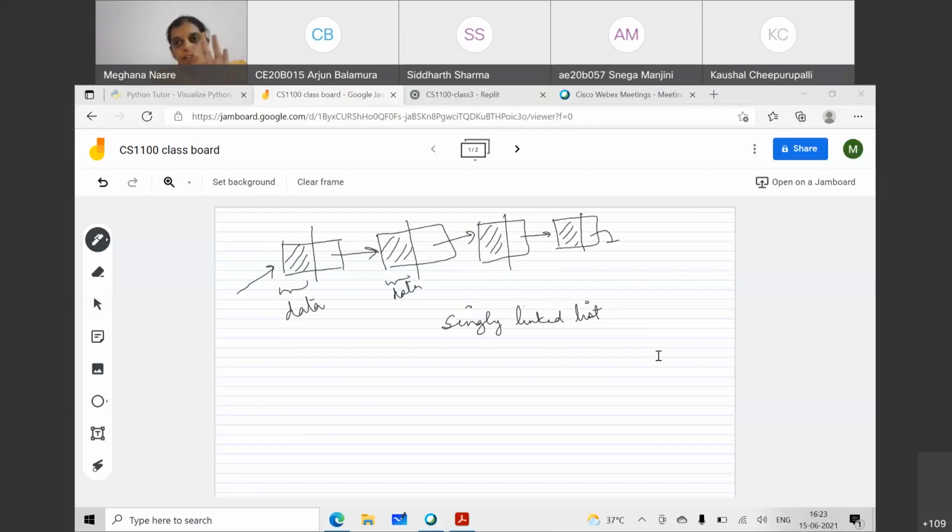You want to store data for 100 students, maybe there will be addition of some 50 more data items. There may be deletion of 10 data items and so on. And data in the sense some student records. So some of you have said addition and deletion of nodes. I will just modify that and say addition and deletion of data. That is, you have 10 points currently stored. Maybe you have the 11th point. You would want to add that to the singly linked list. And you may want to delete some existing point.